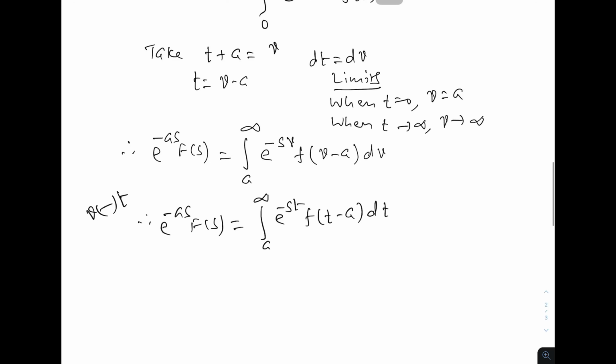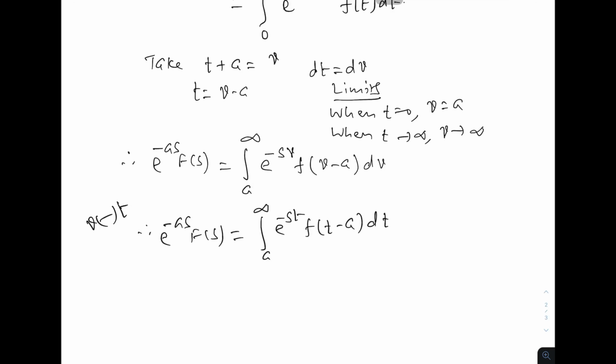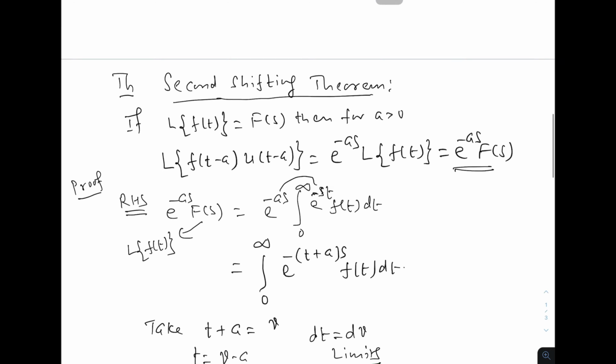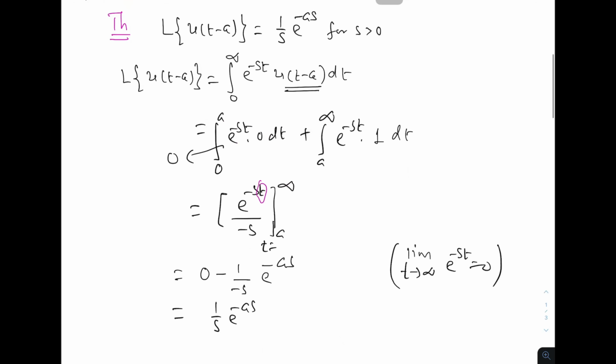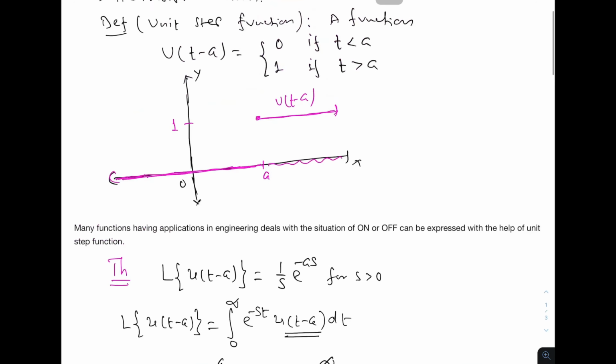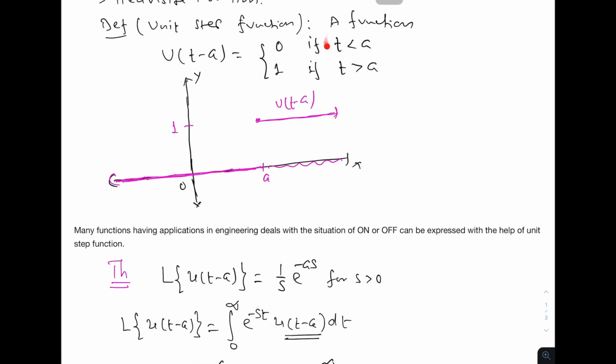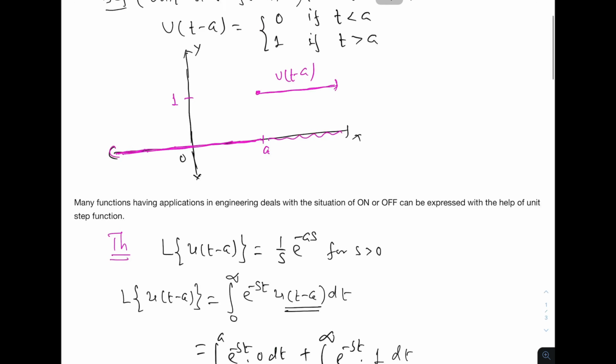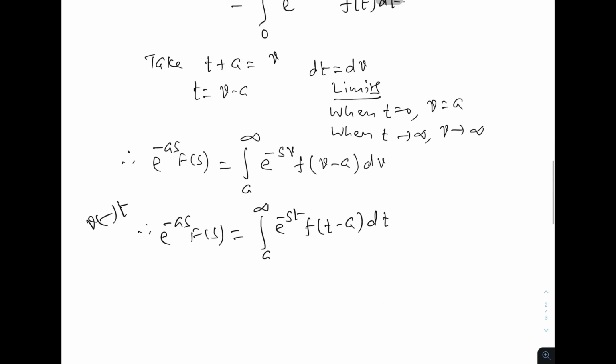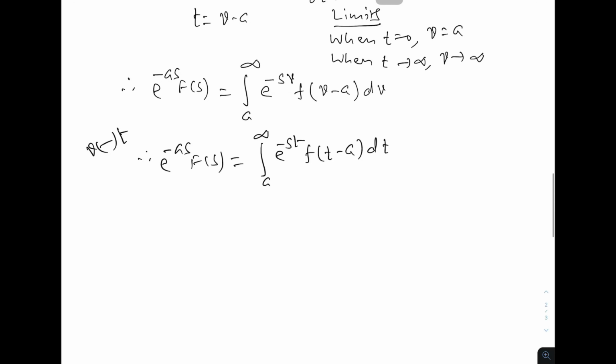Now see here, we are having integration from a to infinity, and our function is defined like u of t minus a: when t is less than a, the value is 0, and when t is greater than a, the value is 1. So the same thing we can very easily write now, instead of a, I write 0 to infinity,